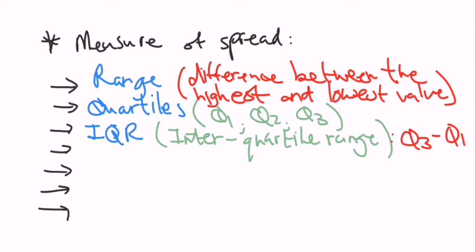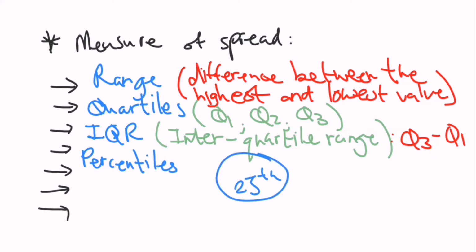We also then have percentiles. Percentiles are very easy to calculate. You simply take the percentage, whatever they give you. If they ask you to work out the 25th percentile, you just take that 25 over 100, you multiply it by the number of terms, and that will give you the position of the percentile. So a quick way to demonstrate this would be if I asked you to find the 25th percentile